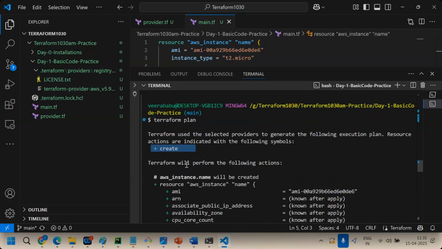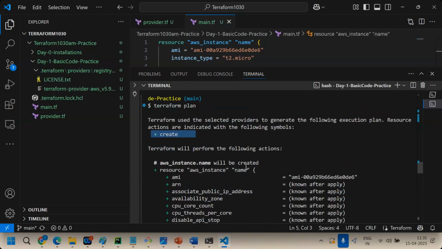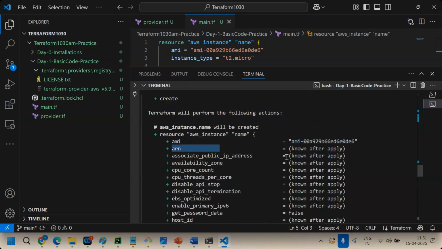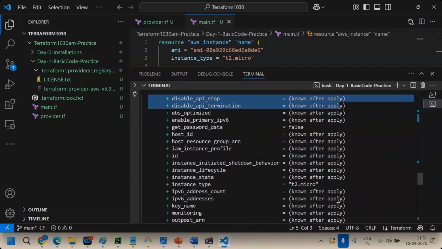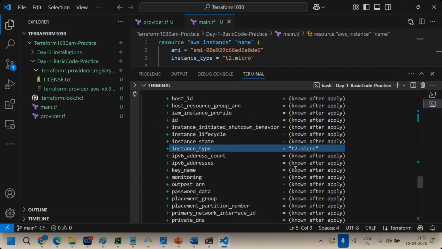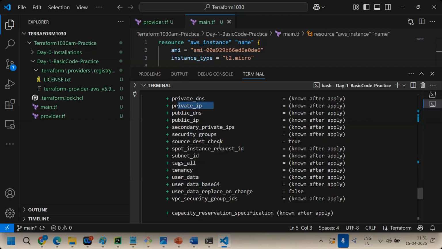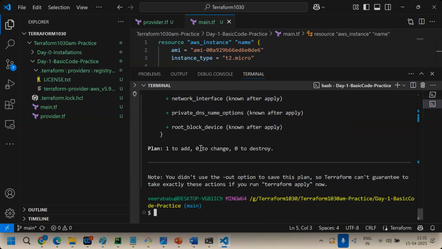Terraform will perform the following actions. This is the AMI ID, yes, I have given. The ARN and this and all I don't know. T2 micro I have given as instance type. The remaining I haven't declared. These we can see after apply, automatically by default these are enabled, right? Public IP, private IP, we can see after apply only. One to add, meaning clear now? How many resources will be created? One. That resource is an instance. The required fields I am already able to see now.